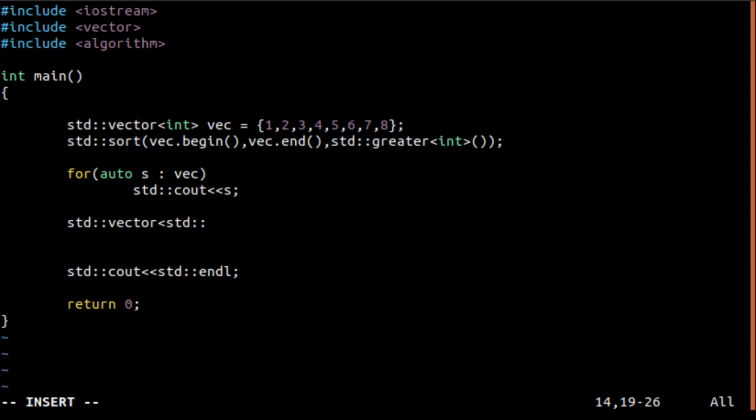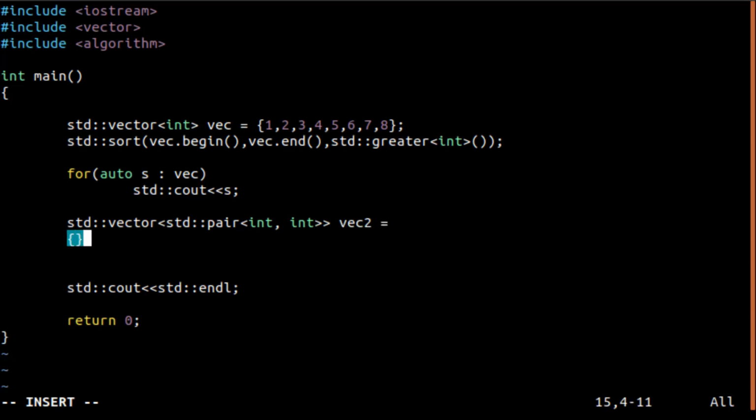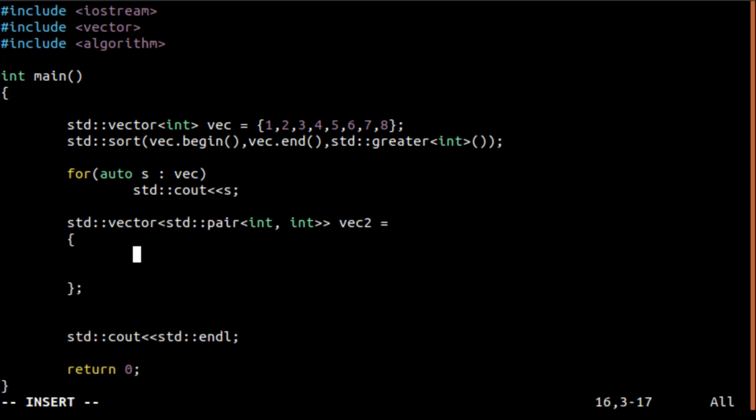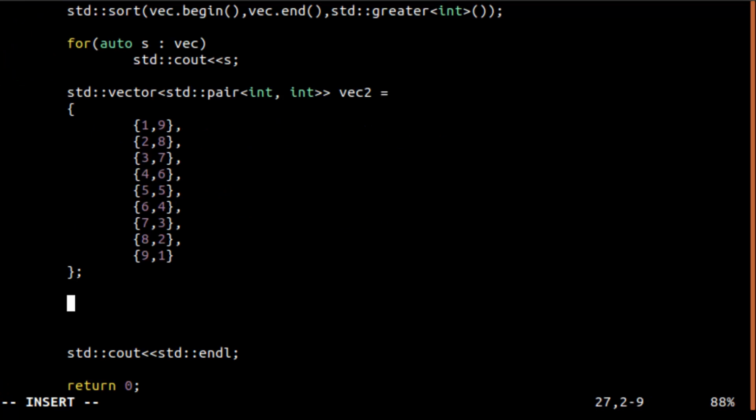It keeps the pair of elements as an integer and integer. You can change if you want char or other types. I will give it the name of vec2, and it should be defined like this. We can print the elements with a for loop like before, like vec2,